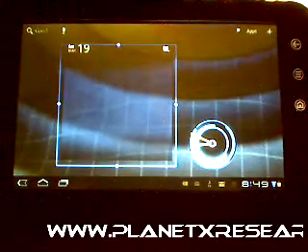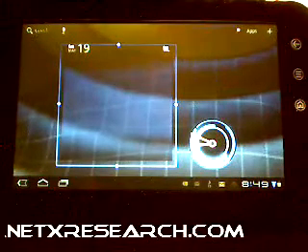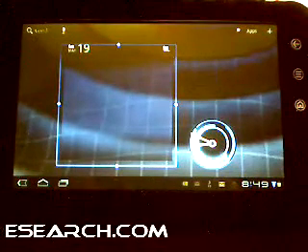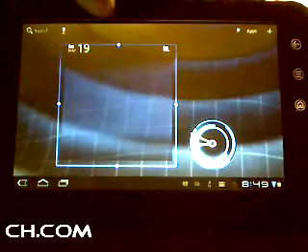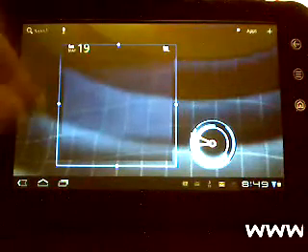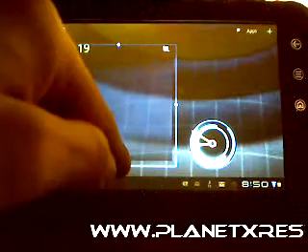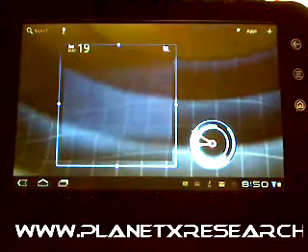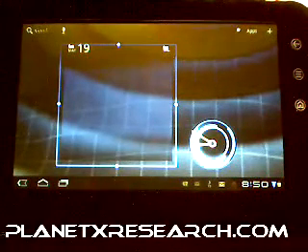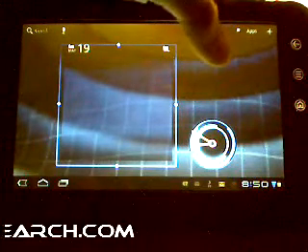So I've increased the size of my widget. That's how you do it. You hold down and let go, and then you'll have your anchors where you can resize your widget. Click anywhere or touch anywhere. I've got to quit using the term click,